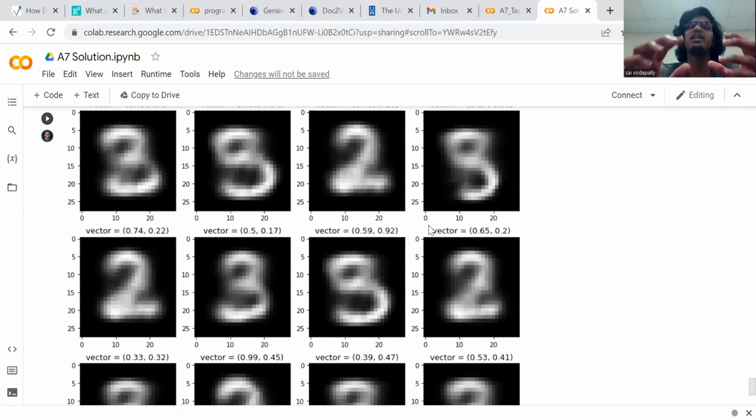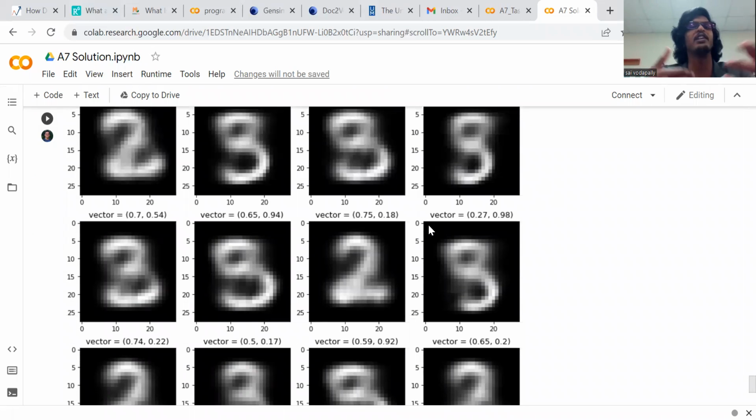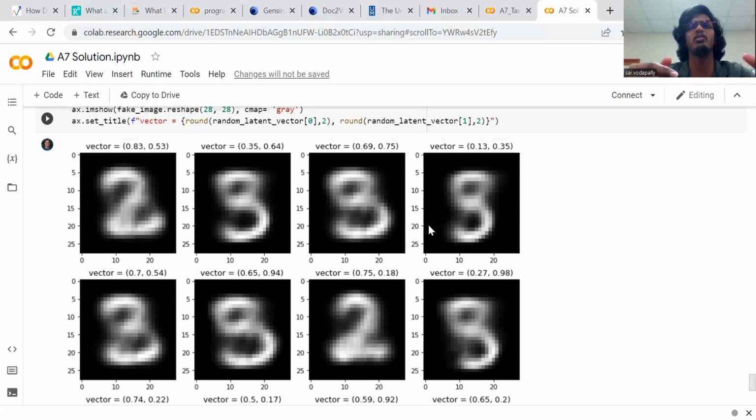All these randomly generated images are completely fake images which never existed. This is very fascinating, how the model was able to generate fake images after being trained from the real images, and it's able to generate some fake